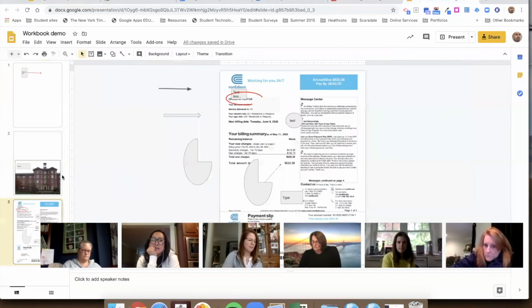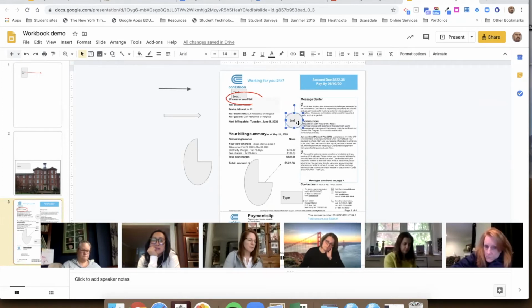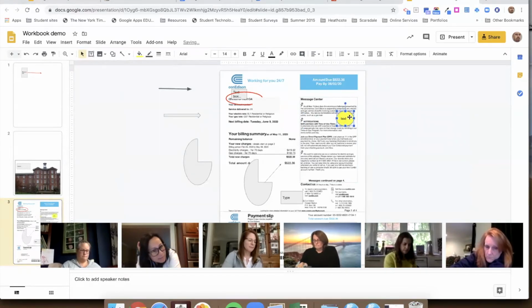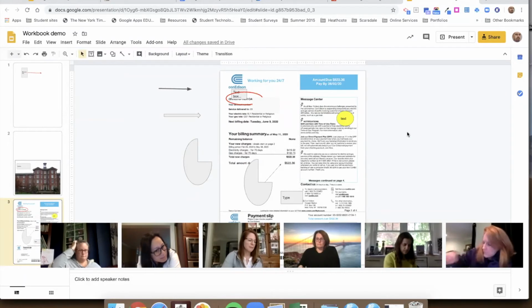In the context of this Con Ed bill, I took that PDF page, saved it out as an image, and put it in the background so I can't mess with it by itself. But I can certainly drop shapes on top of it and have these shapes stand out as annotations. So this is handy in a situation where students don't have access to an app for editing a PDF, but they have Google Slides. Now, at the elementary level in Scarsdale, our students have Kami,